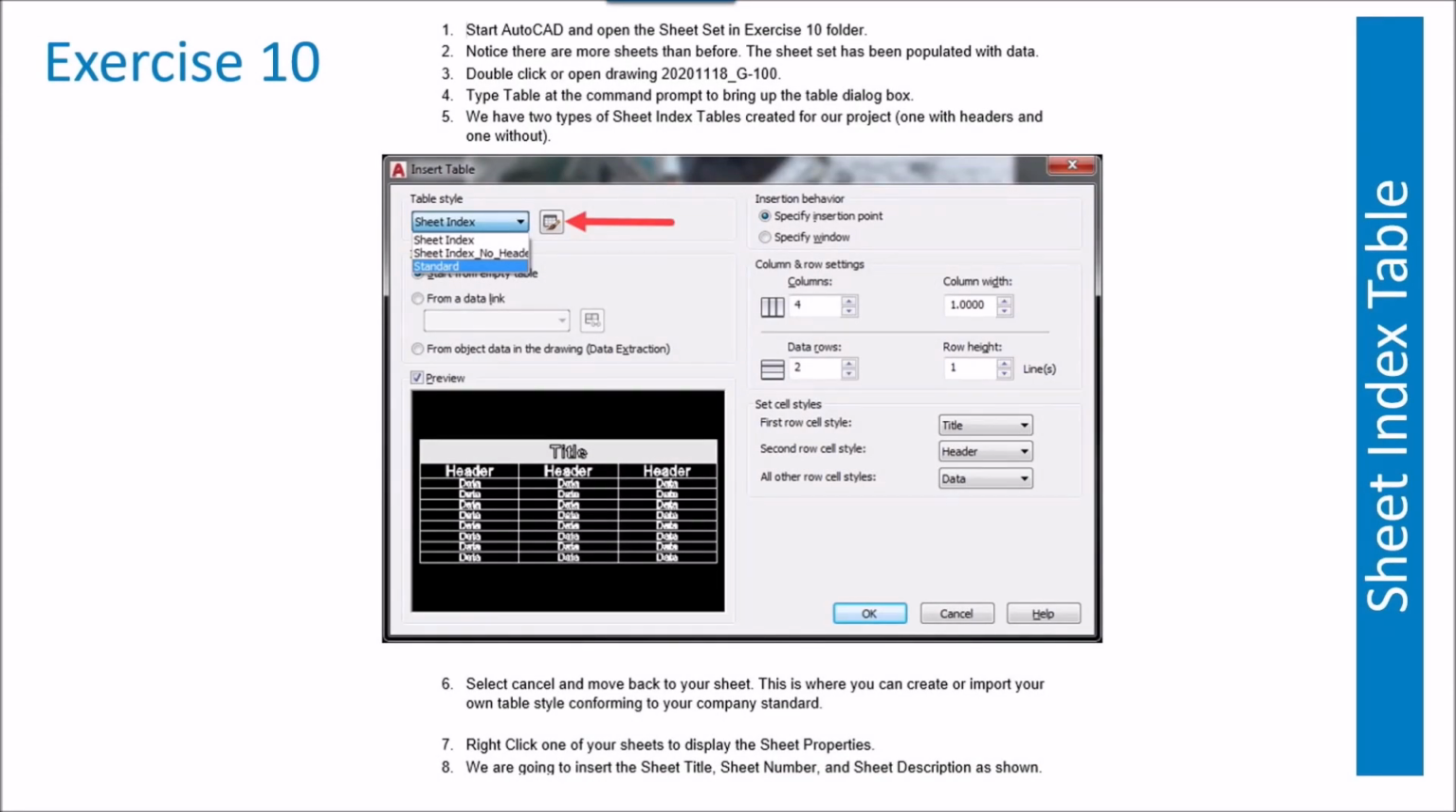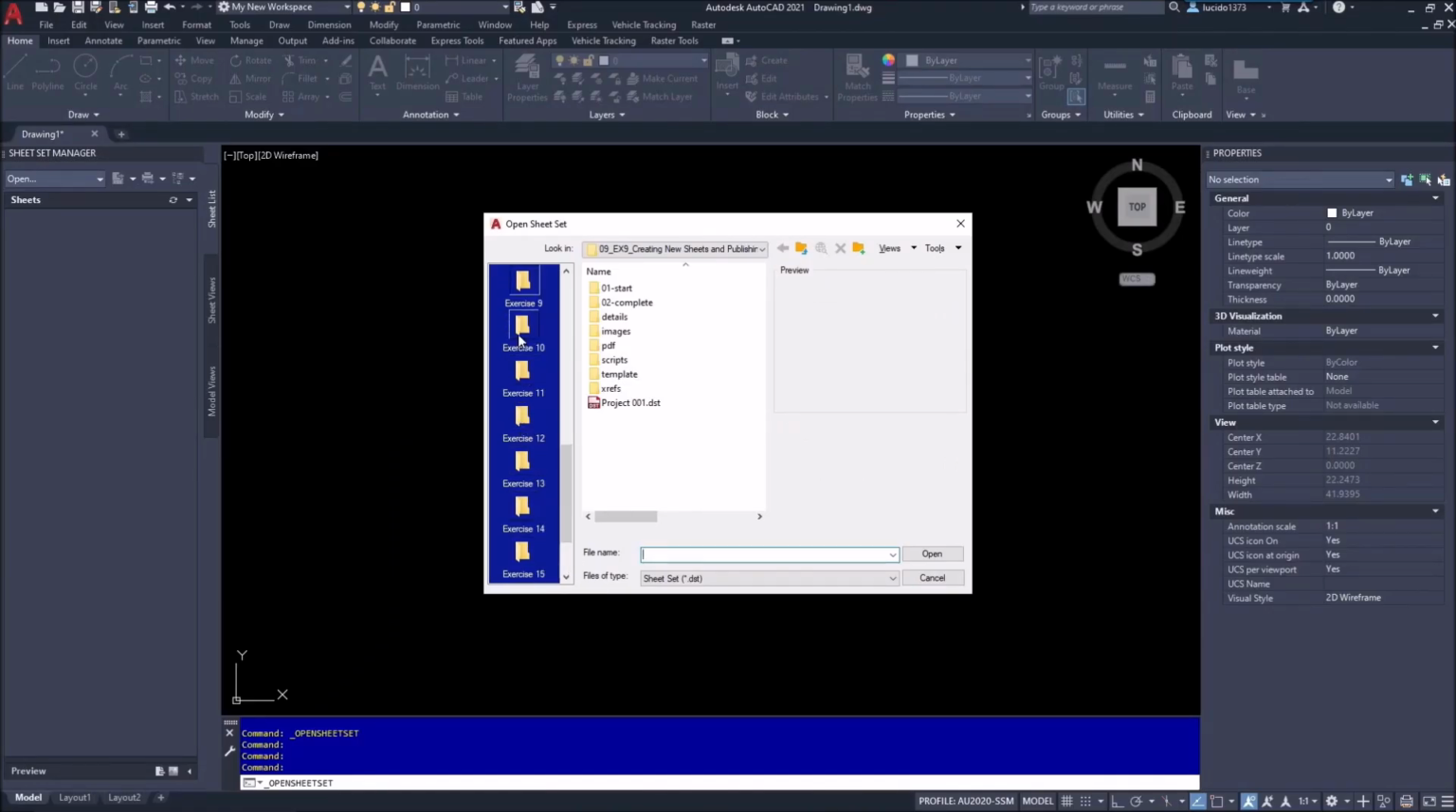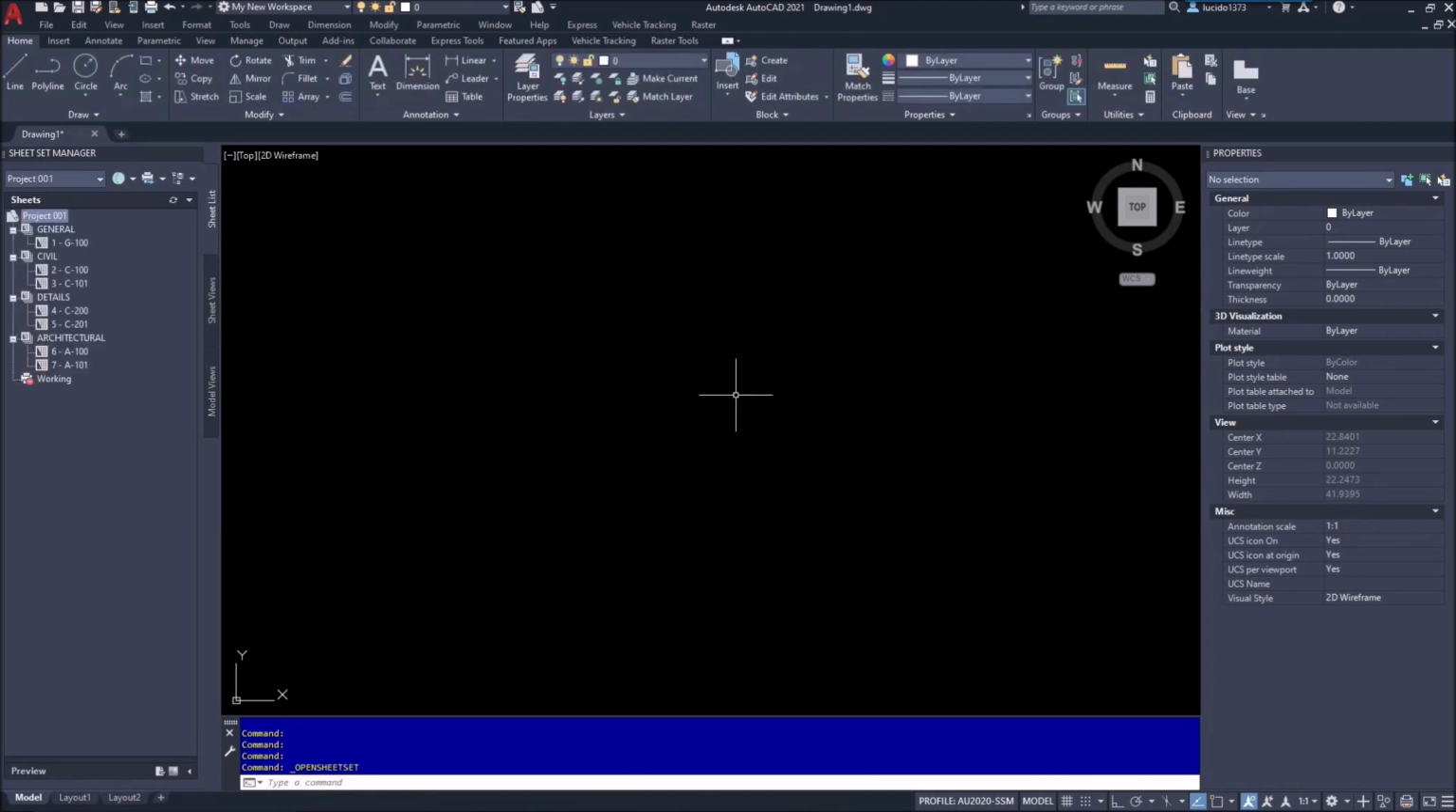Exercise 10, we are going to open up the sheet set in the Exercise 10 folder, and we're going to create a sheet index table. We're going to create 2 separate index tables, one that includes the actual drawing headers or the subsets, and one without, and there's table styles in there to help you along the way. In this exercise, we're going to focus on one of the more important aspects of sheet sets, the sheet index